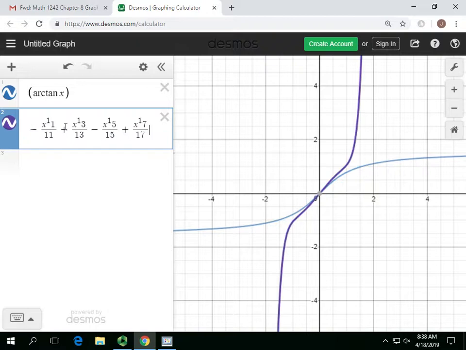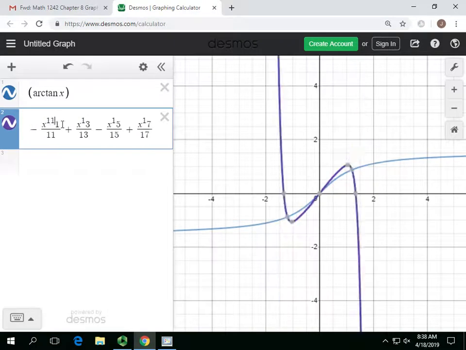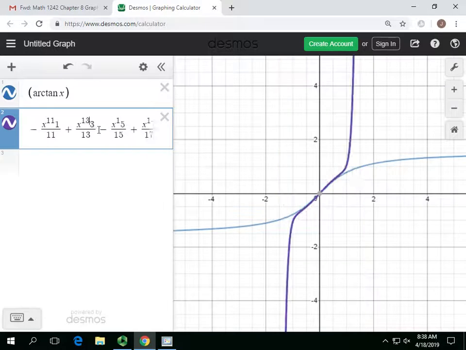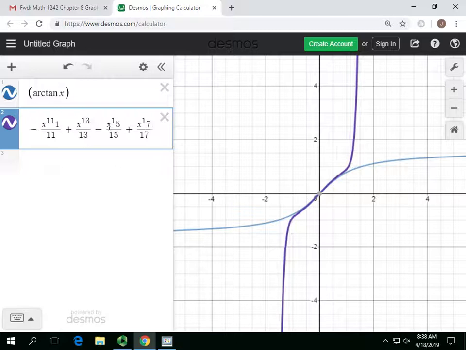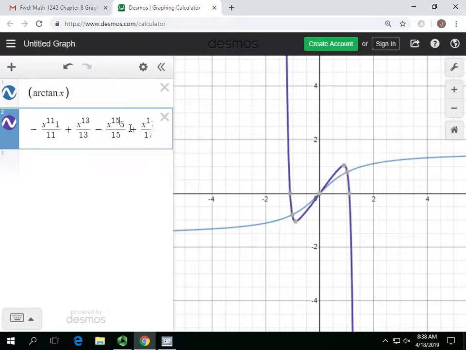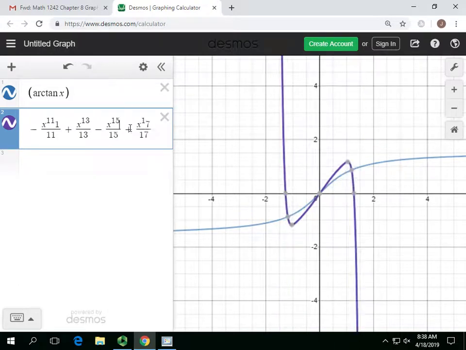But there we go. So we're back over here and fixing it again. So that's the x to the 11th, x to the 13th. And you got to get rid of the 3 on this thing. And so here it is, extending it on. X to the 15th over 15. And if I get rid of this one right here, and if I just do this,